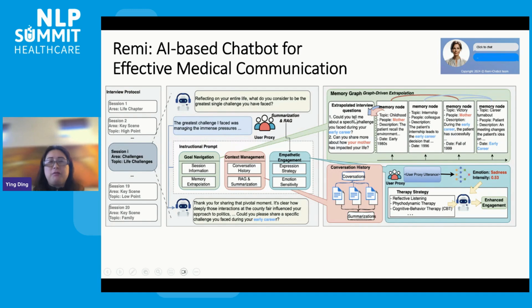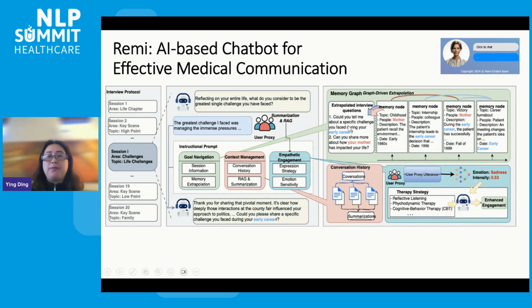And current GPT has a bad memory, things that they barely can remember. If you talk really long, they barely can remember things within the session, let alone many sessions you've done before. So for each session, we create a memory graph. In the memory graph, we have memory notes. In the memory notes, we have a topic, the people we talk about, the description of these topics, the date this event happened, and which session you talked about this in.